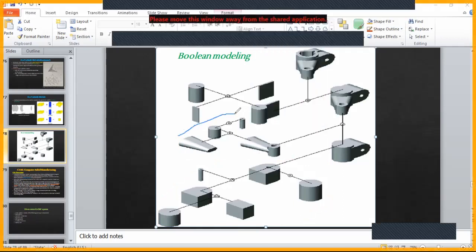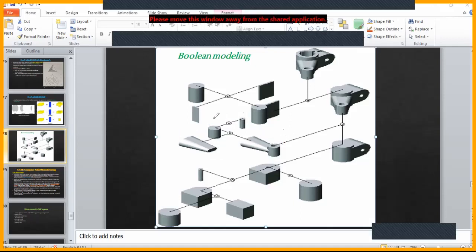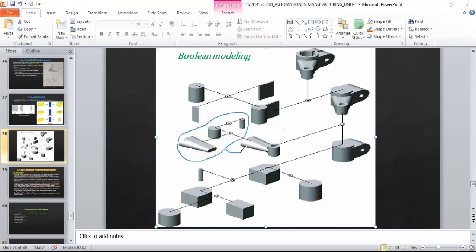This is one tree. This gave rise, I should take only this, right? Yes, this gave rise to this body that you're seeing here. And this is the model tree for this one.